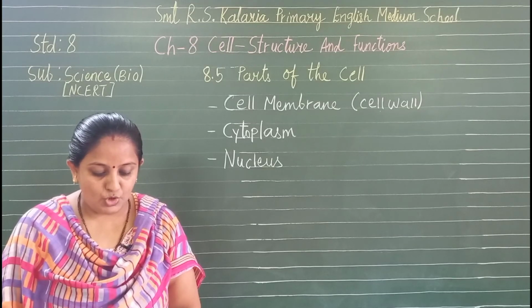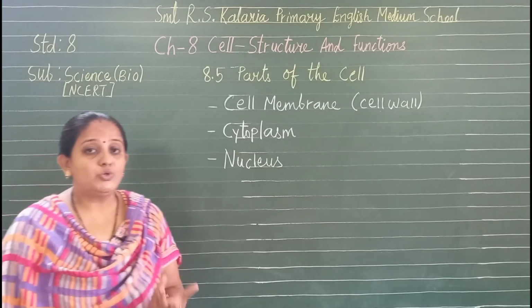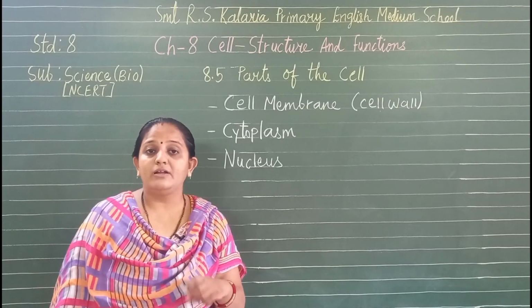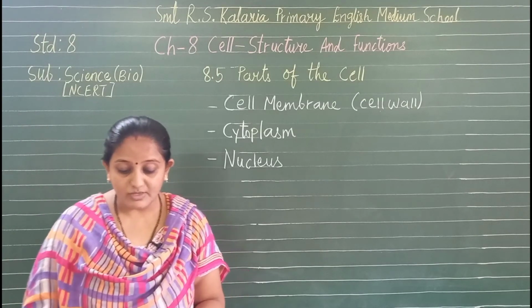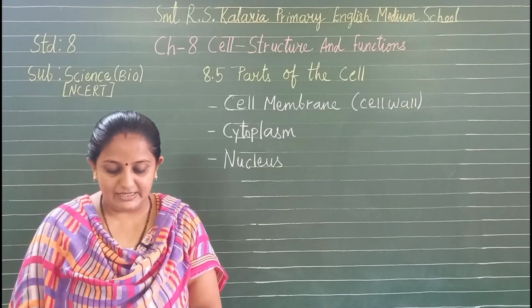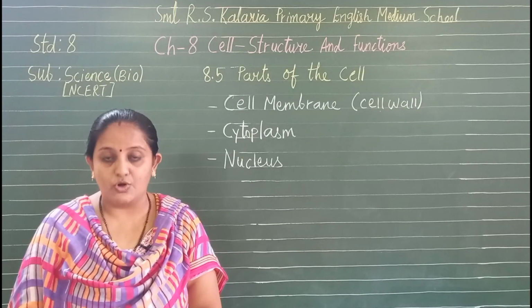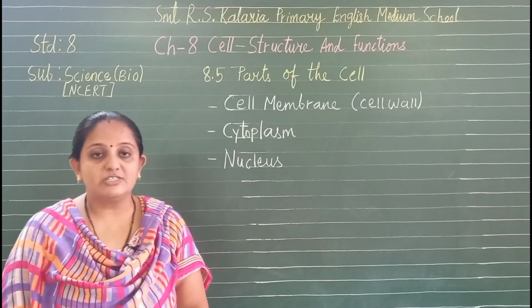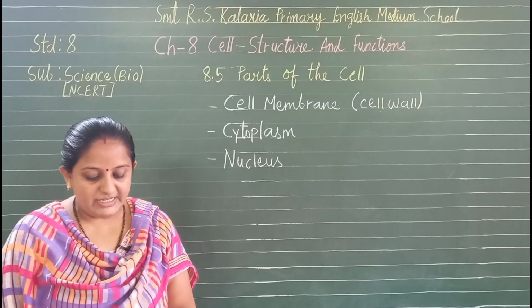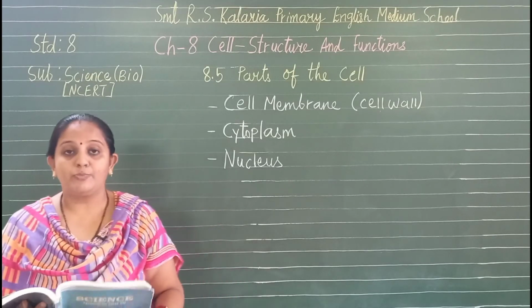Now Bujo wants to know why plant cells need a cell wall. Why do animal cells not have a cell wall? Why only plant cells need a cell wall? Now you have learned earlier that the cell membrane gives shape to the cell. In addition to the cell membrane, in plants there is an outer thick layer known as the cell wall. Now this additional layer surrounding the cell membrane is required by plants for protection.